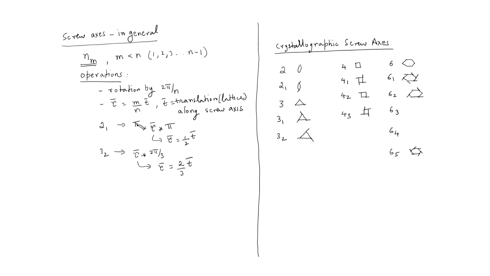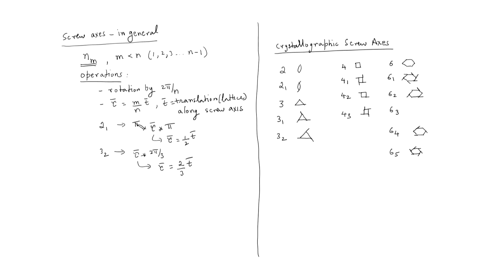Now, the symbol itself clearly shows that this has a pure 3-fold rotation as a subset of the 6-fold 6 sub 2 screw axis. And if I look at 6 sub 4, it also has a pure 3-fold rotation, but compared to 6 sub 2, the fins will be drawn in the opposite direction. And this again you can clearly see has a pure 3-fold rotation.